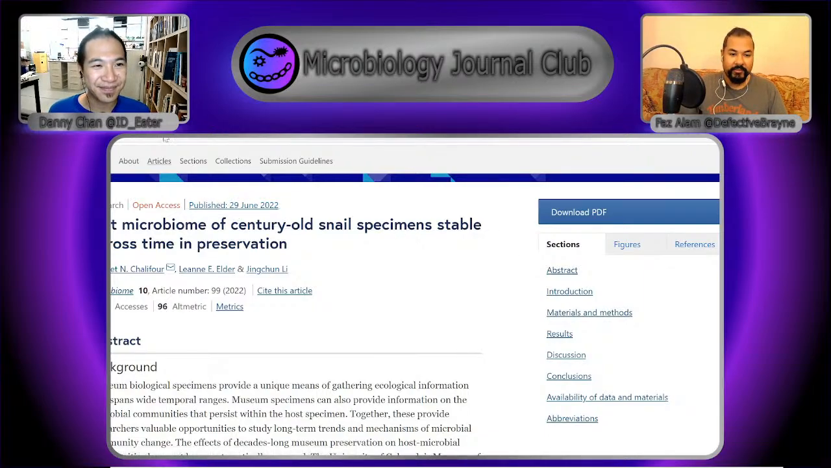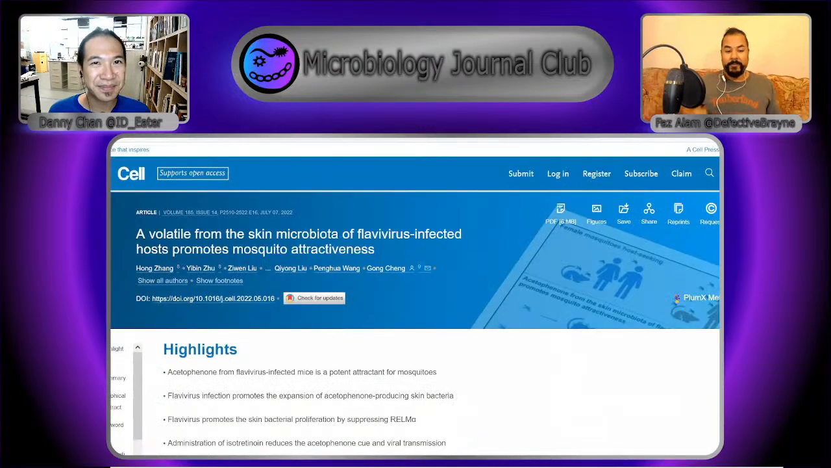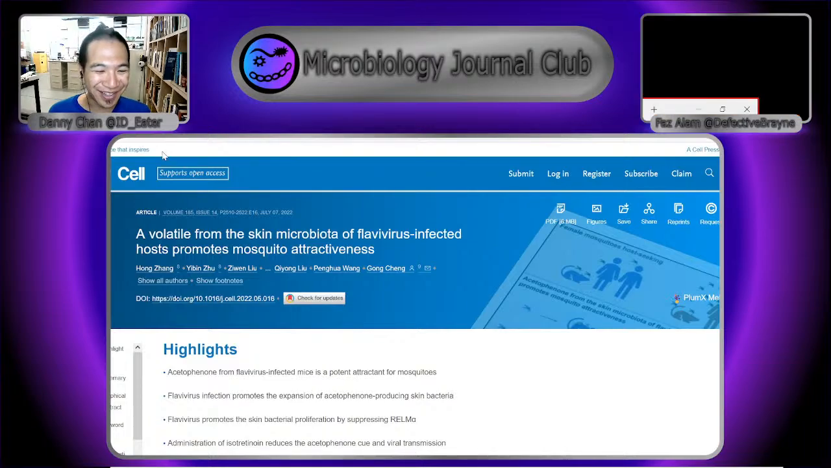That brings us to the penultimate paper, which is a volatile from the skin microbiota of flavivirus-infected hosts promotes mosquito attractiveness. So they started off by testing mice. They had two groups of mice, one infected, one uninfected, with two boxes above them, and in between them a box of mosquitoes to see which one they'd go to first. And they found that